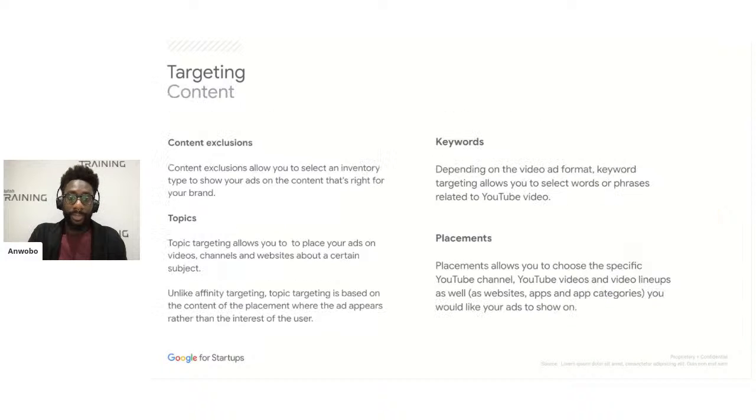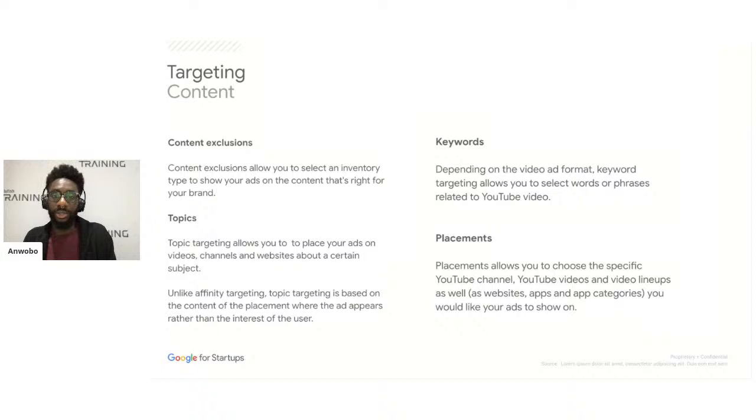Next up then, we also have what we call content targeting. And content targeting is something that we very much want to understand about where our ads are showing. Now, first of all, we are able to use what we call content exclusions.